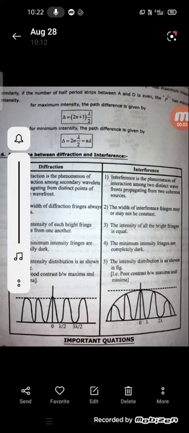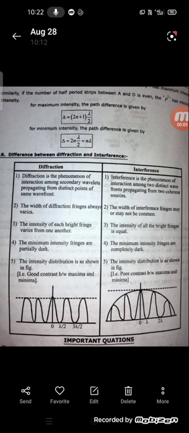Good morning. So this is the last topic in unit 3, that is diffraction. We have seen many kinds of phenomena in diffraction, like Fresnel diffraction, Fraunhofer diffraction, and the production of Fraunhofer and Fresnel diffraction due to various methods. We have seen all these things in the diffraction unit, and the main important